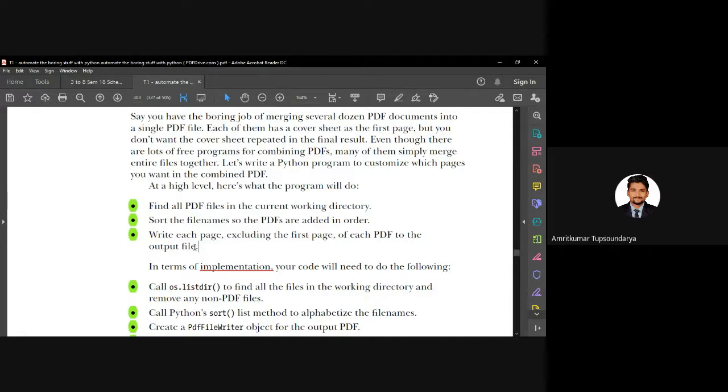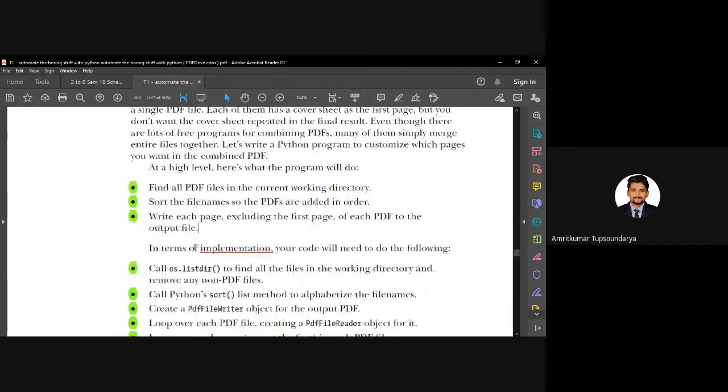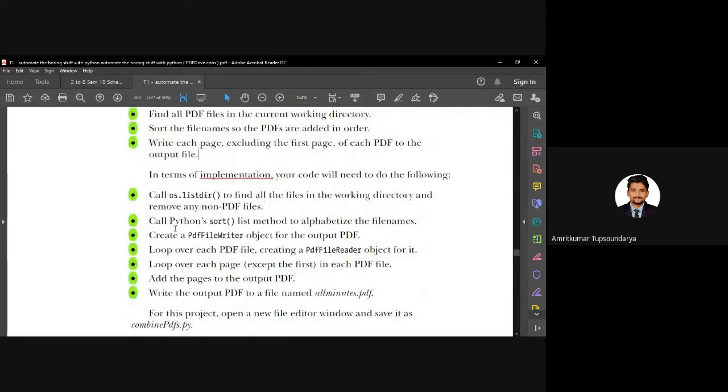So how do we implement these things? How do we set up the code for it? Since we are going to list the files, we are going to use the os.listdir function, which is part of the os module, which stands for operating system. So it is quite evident that we have to import the os module.